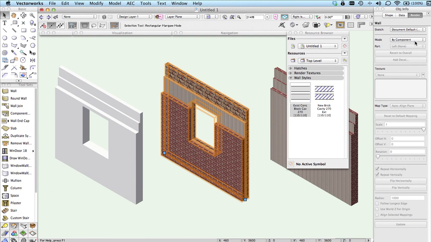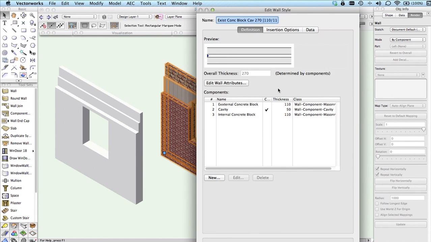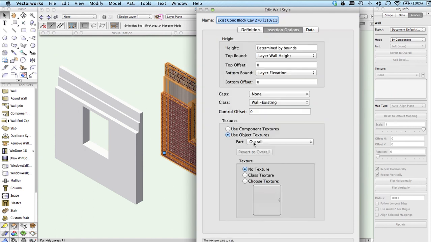Currently it's set to by component, and when we edit the wall style in the insertion options, we can choose whether it uses the component textures, in which case when you draw the wall it will automatically get the component textures. Alternatively, you can choose to use the object textures and not apply the component textures, in which case